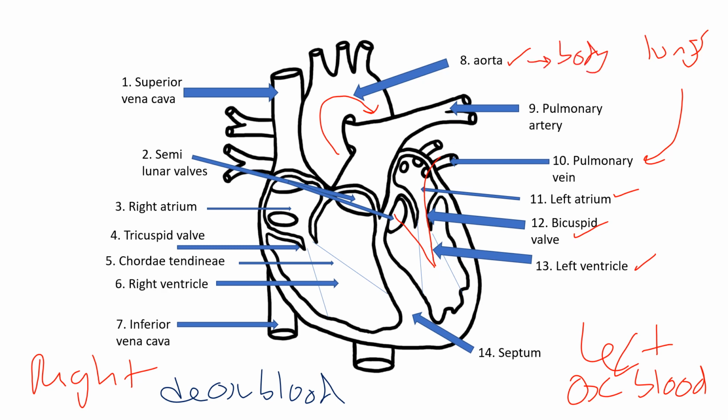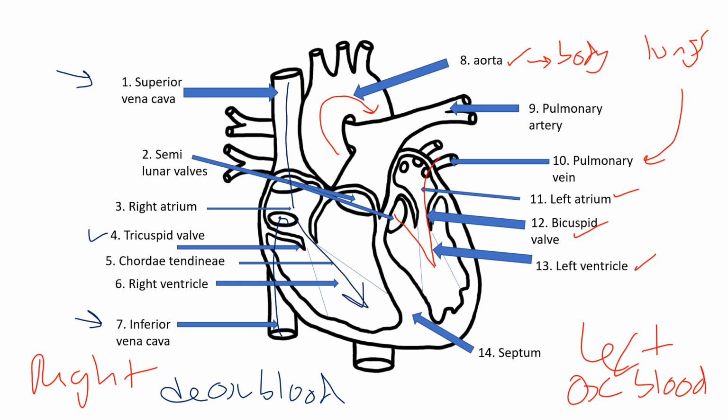The blood will then come back from the body and it's going to be now deoxygenated because it's dropped all of its oxygen off at the respiring tissues, and it's going to come into the right hand side of the heart and return through the vena cava. Now there's actually 2 of these, so you'll see here we've got an inferior vena cava, which means that the blood from the lower body, so anything sort of lower than the heart, is going to come in via the inferior vena cava, and then anything from the upper body, so the arms and head, is going to come in via the superior vena cava, and that blood is going to flow into the right atrium,